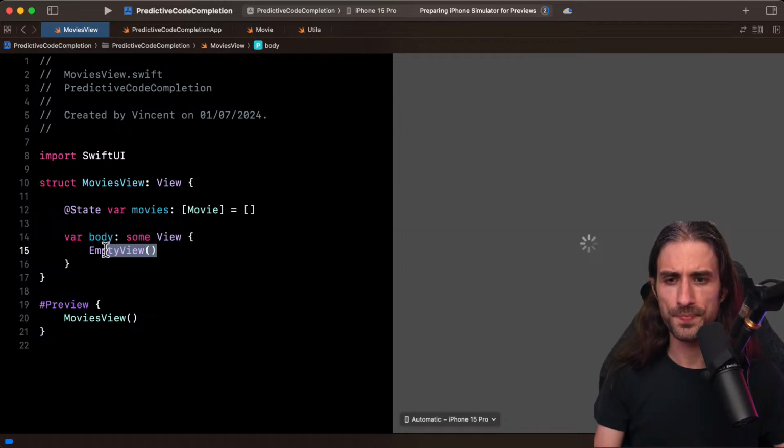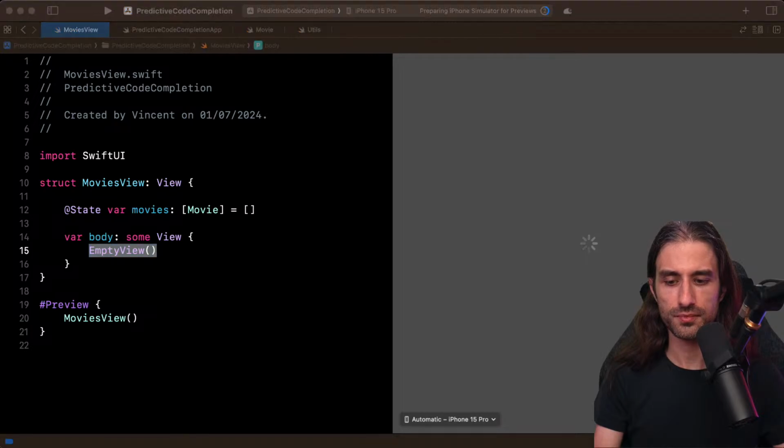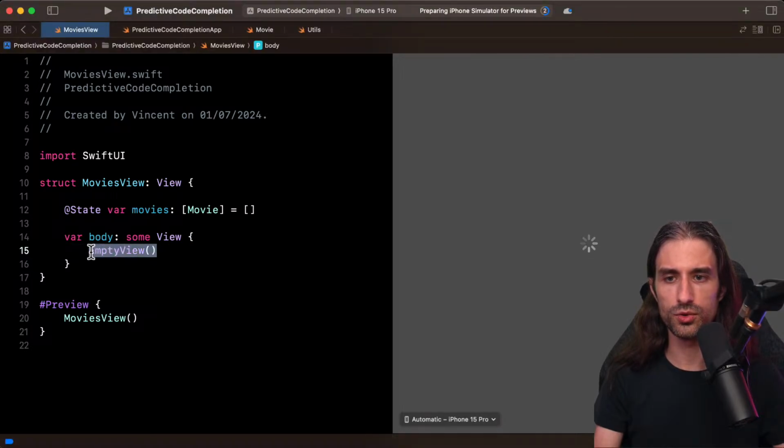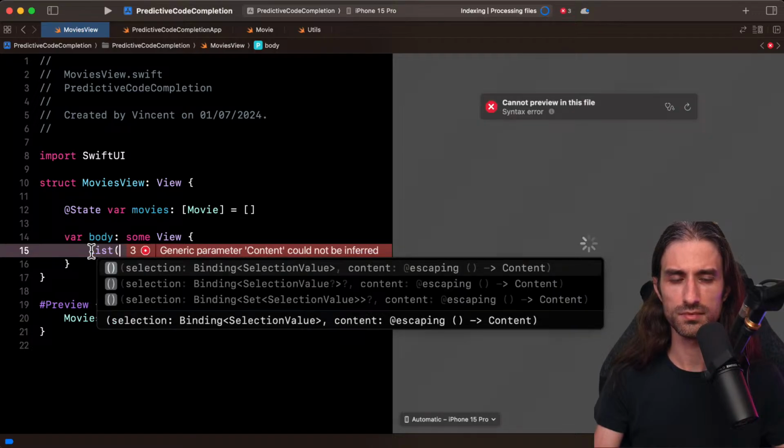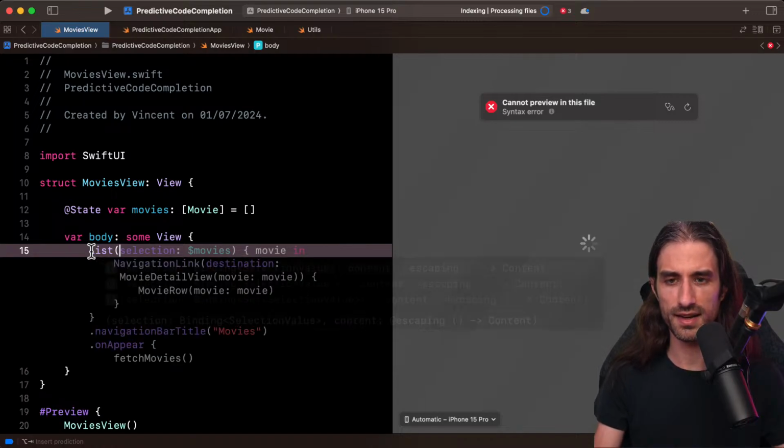So what I want now is an implementation of the view. I'm going to use a List and see what it suggests. It should suggest passing movies to the list. So it uses it for selection, but I don't want it for selection.